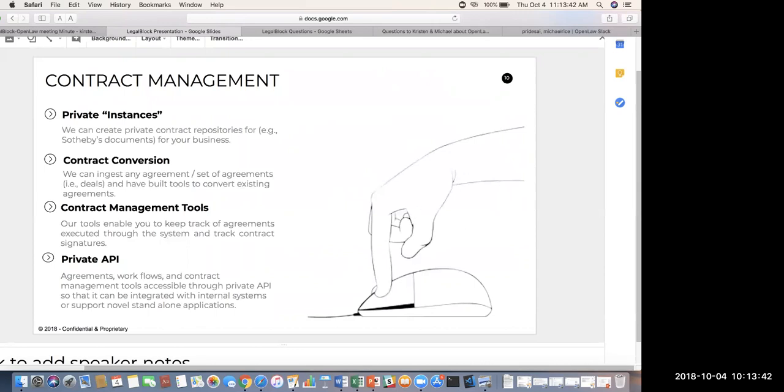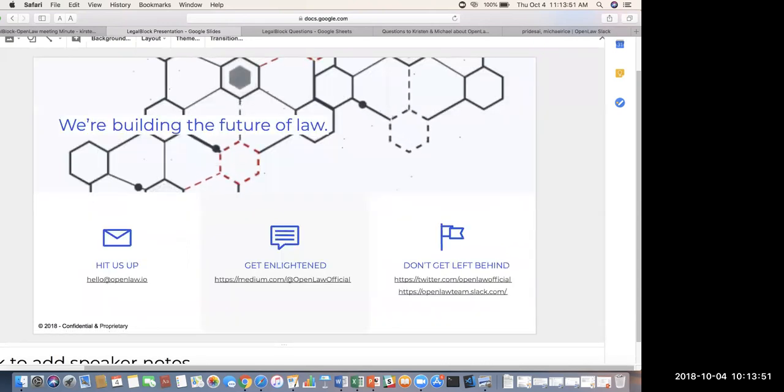And then we also have the API that allows for system integration with our protocol. So that was just a brief overview of the platform. I can stop sharing my screen so we can get into the questions. I hope that was helpful.